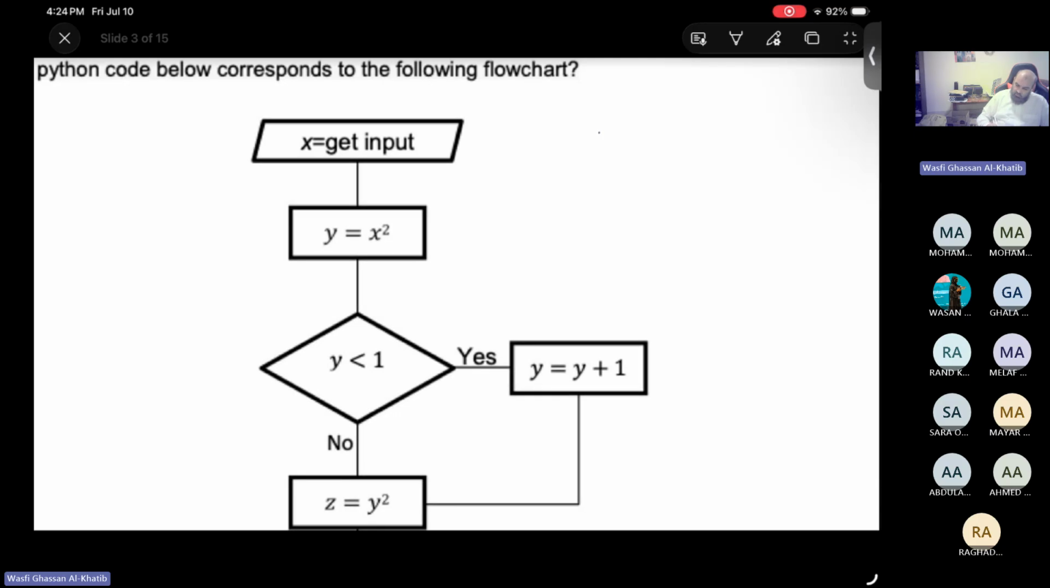Okay, so x equals int input. It seems to me that it's an integer because it's being squared. Y equals either x to the power 2 or x times x. And then here, let's see this